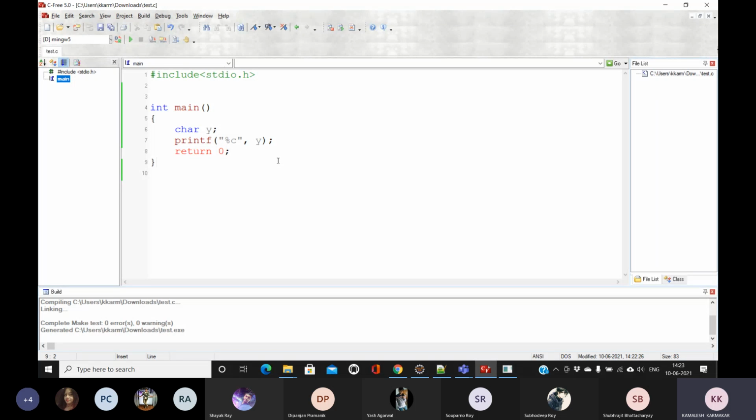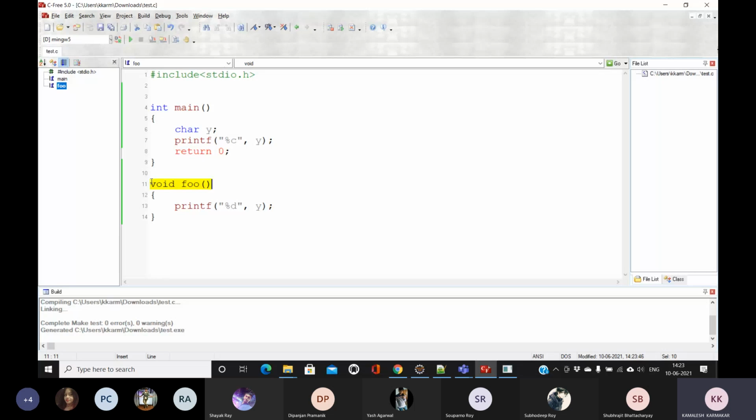So if we declare a variable within a function, then this variable is a local variable. So this variable is accessible within that function only. I can't access it from another location. Like if I define a function foo, and I want to print the value of y there, this program will not compile.